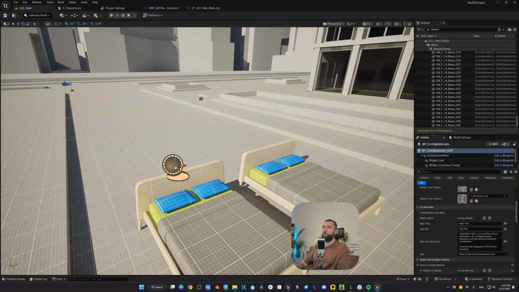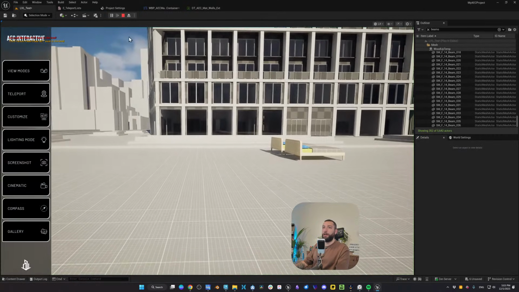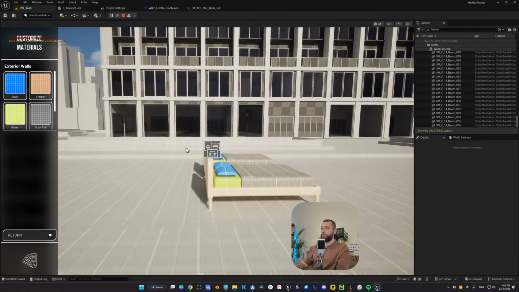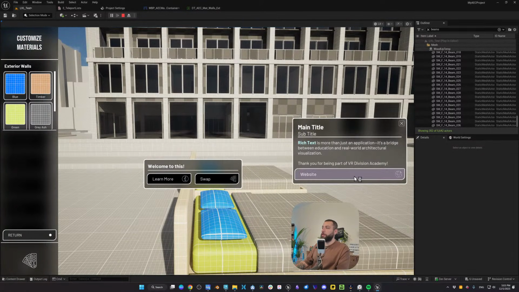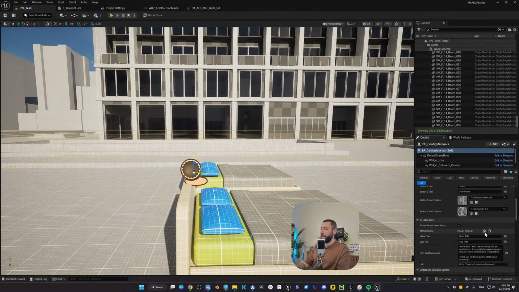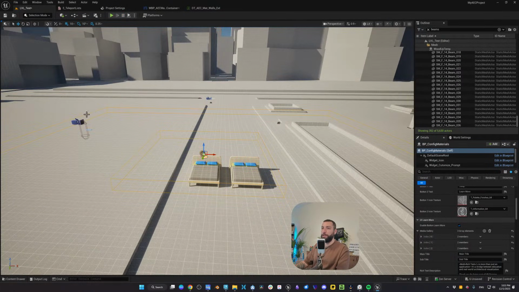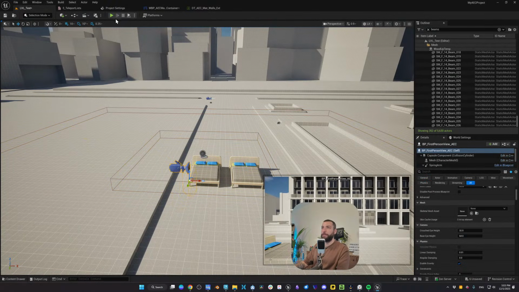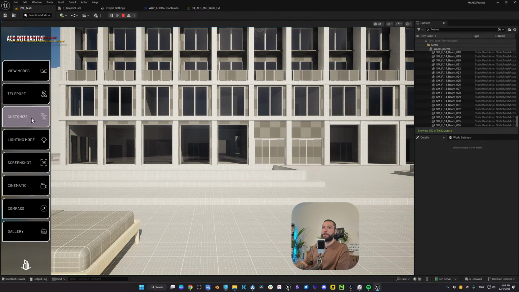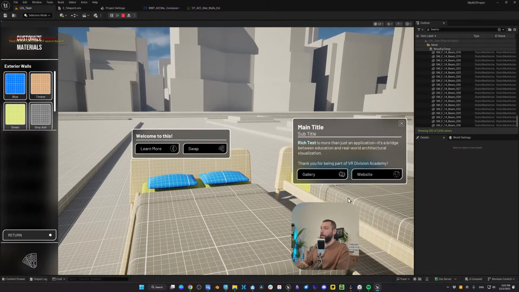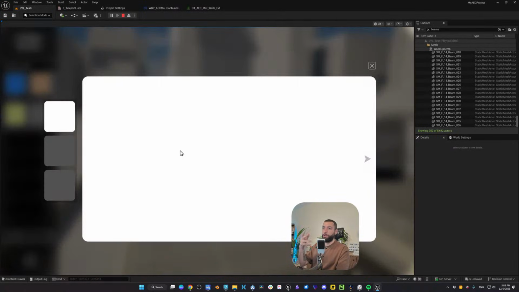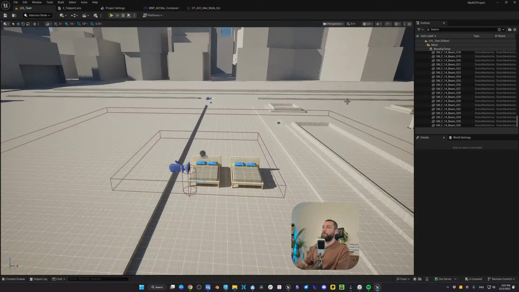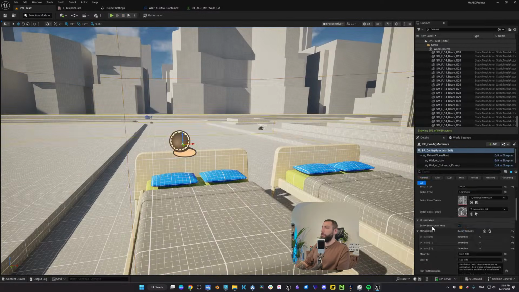And here the media gallery, let me show you also before. If I click on play and I click on customize, if you click on learn more, you just have a website, so you can direct people to a website, or you can add a gallery. So here the gallery right now is empty, but if I add elements to that gallery, and let me bring this pawn here so we can spawn next to it. Let's click on play and let's click on customize. Learn more, now we have a gallery. So depending on the elements you add, you can add 3, 4, 5, 100, whatever you want, you can add them. And you can set the elements, of course.